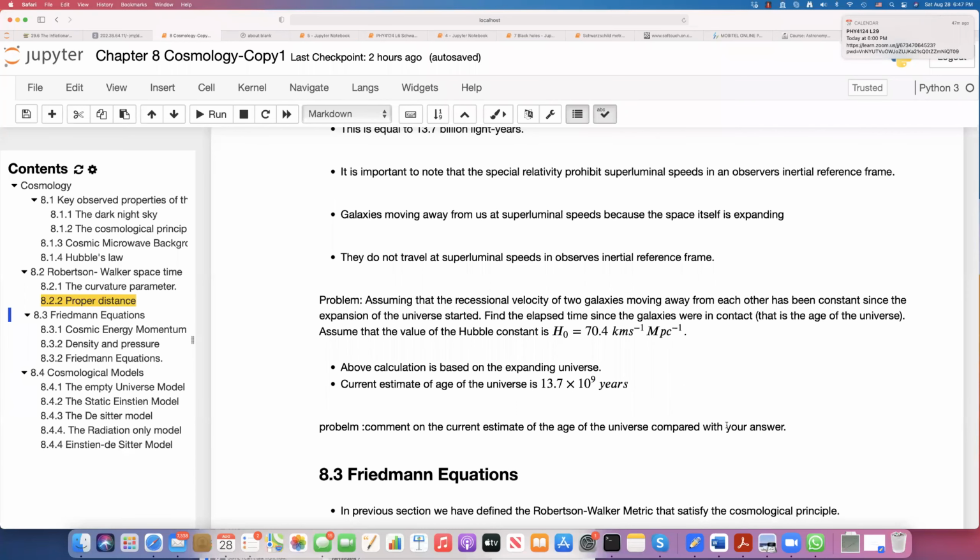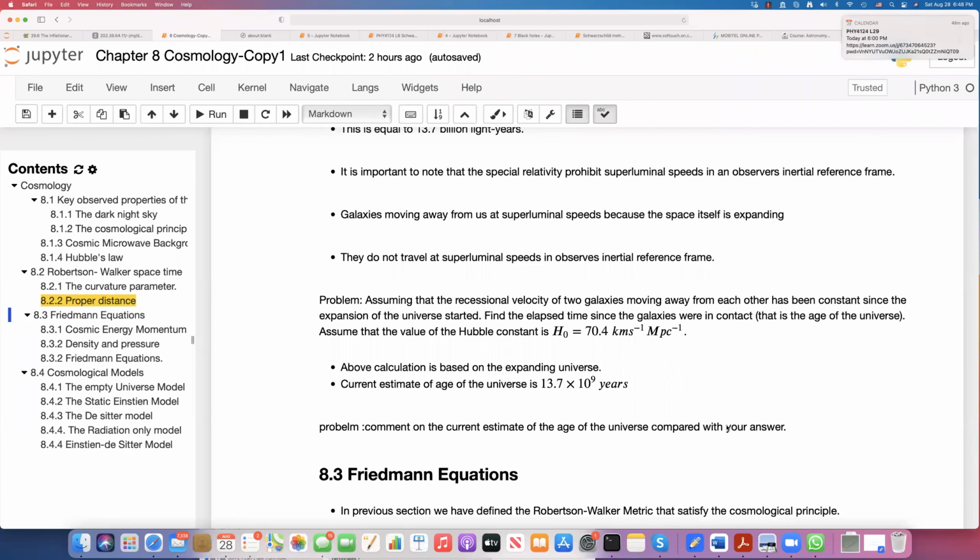So we are making an assumption here to solve the problem like that. The expansion of the universe has been a constant, and it seems like it is a constant for a long time, right? So that is the assumption that we made, and when you compare that calculation with the actual age, those two are very close. So what that means, our assumption is reasonably correct, right? So that is the idea. The expansion of the universe has been a constant for a long time.